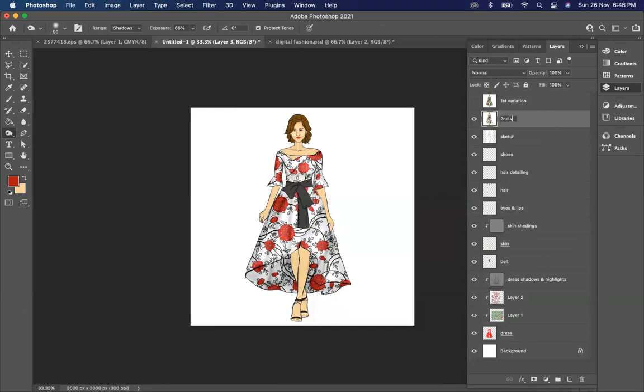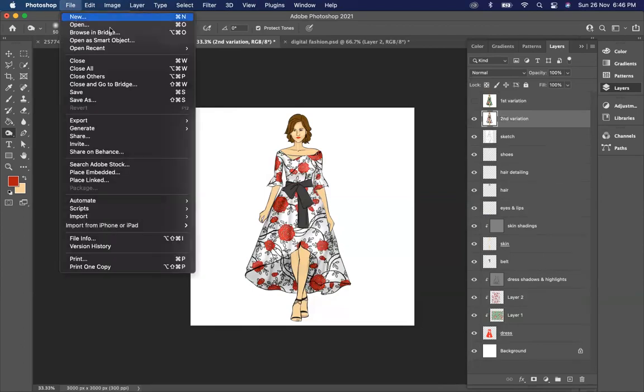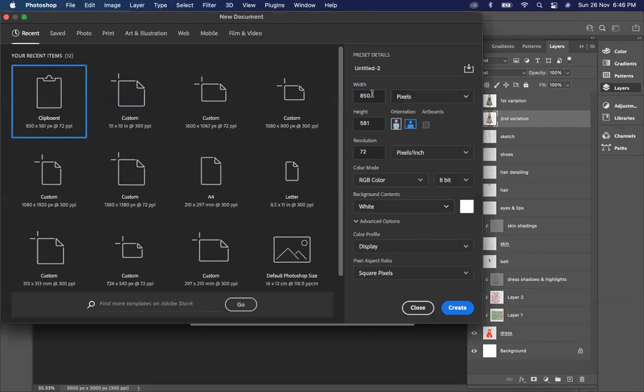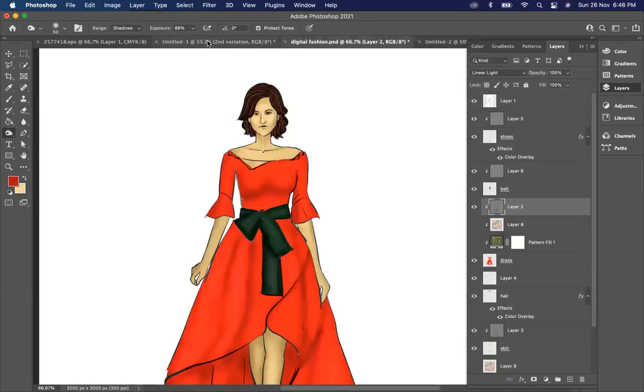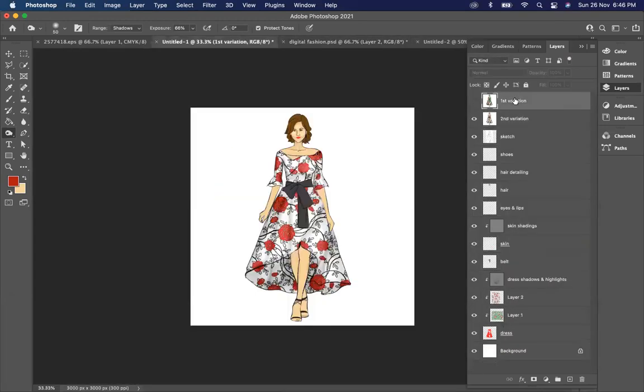Okay. Second variation. How should I place it? On my new file, I'll take a new file again. Okay, I'm going to go with my 10 inches by 10 inches file. दोनों को मुझे प्लेस करना है एक ही फाइल. कैसे करूंगी? 300 रेजोल्यूशन, क्रिएट. ओके, दिस इज माय न्यू फाइल और मैंने यहाँ पे सेव करके रख दिए हैं ये वाला. ओके, सो